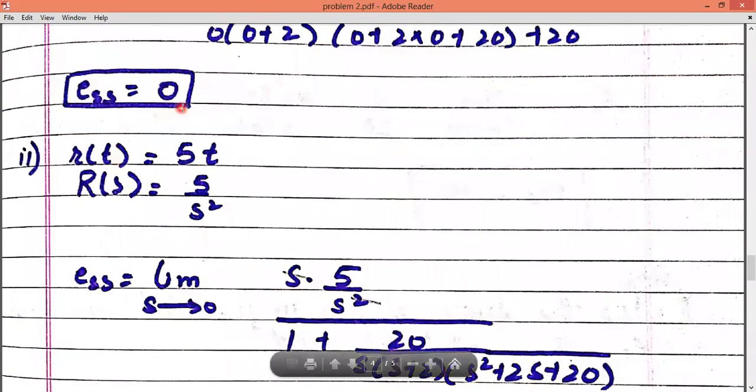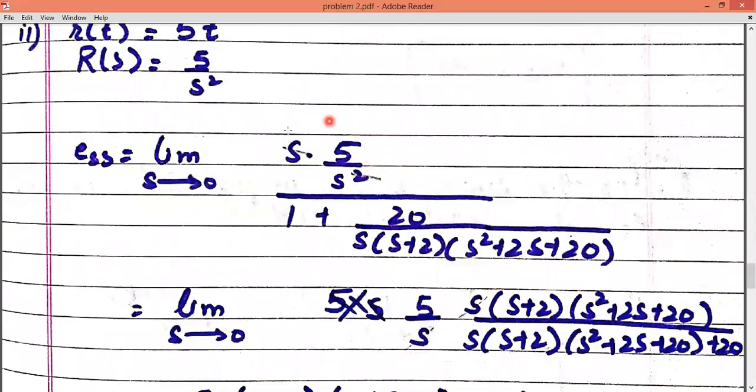But it is not infinite, it is 0. Now again, for the r of t signal, we have been given 5t in the question. We need to find the Laplace of it. What is the Laplace of t? I have told you, 1 upon s square, and 5 is the constant coefficient here. So we will write it as 5 upon s square.